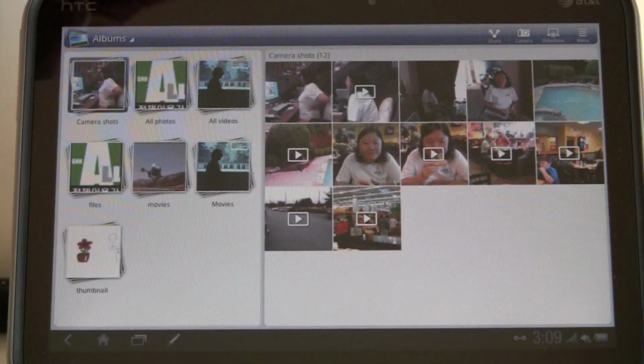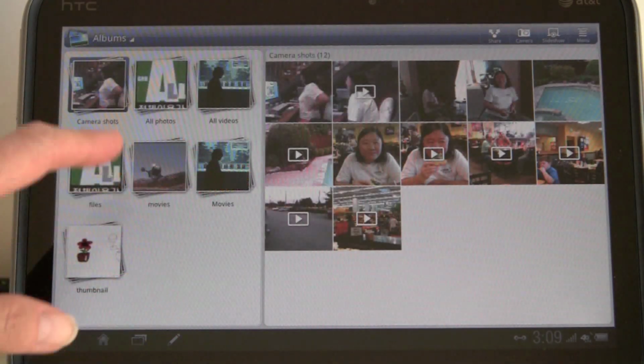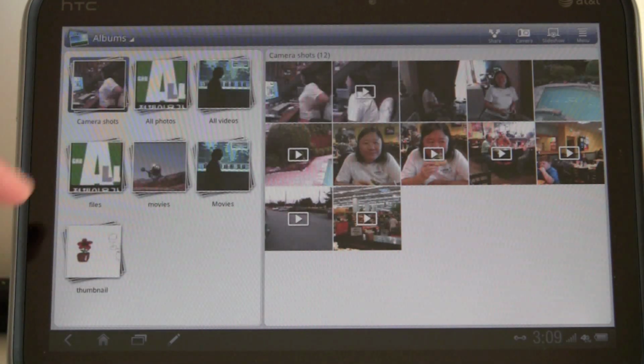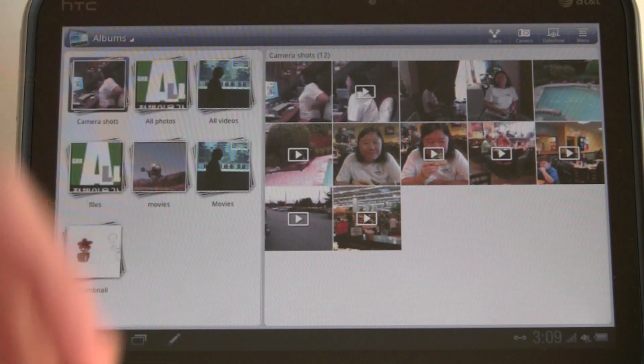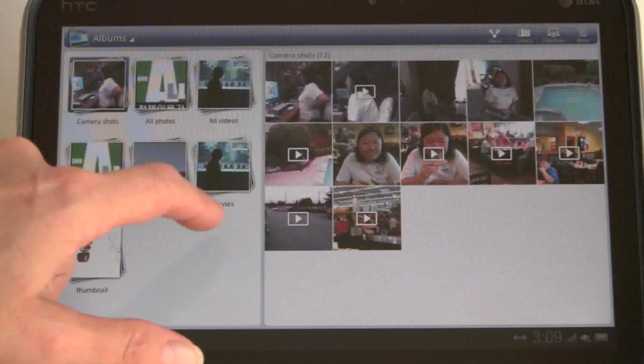So HTC has also customized the gallery a little bit again, with their theme strip up here. And then we have a handy separation between camera shots, all photos, all videos, movies here and movies here, because we have movies on our SD card and we have movies on internal memory, and then images that may be associated with files. They don't appear inline like they do in some Honeycomb tablets, which is nice. You don't see 1,000 assets from your Zinio magazine or something like that mingling with all your photographs. First thing we're going to take a look at is